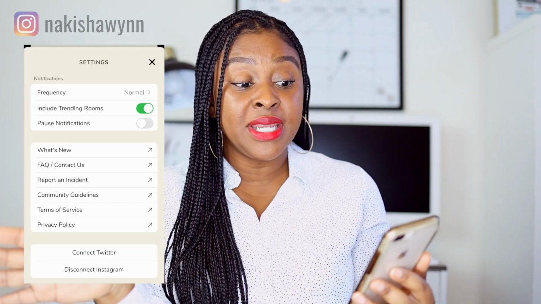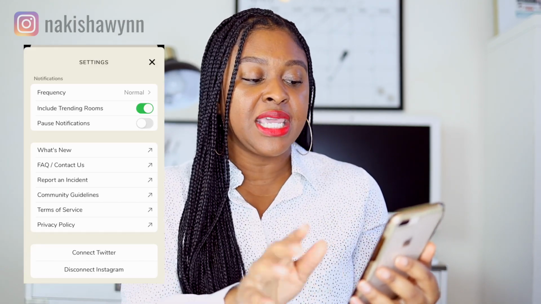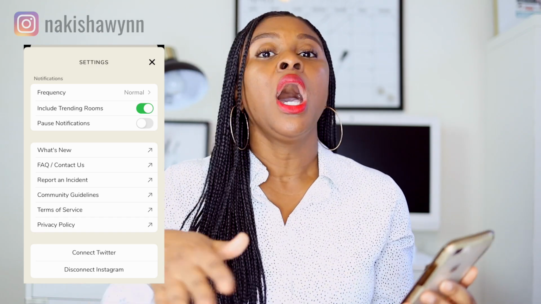If you're following people, or you're a part of clubs, you will get notifications when they're scheduling rooms, or when they start a room and all this stuff. So the notifications can be a lot. I definitely recommend that you customize the frequency of your notifications, right? And if you don't want to be notified when rooms are trending, you can simply click this little thing here and then go through the settings, see anything that stands out to you, and go ahead and customize those